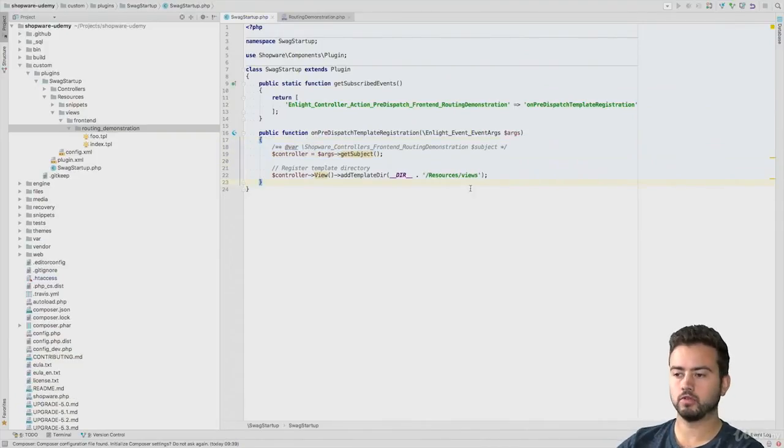We learned how to register our own event subscriber method and extracted some code into this, and always made Shopware call our method when the front-end routing demonstration event takes place. So we subscribe to an event which is always called when some controller action is called. So what I want to show now is how to subscribe to more global events and show the real advantages